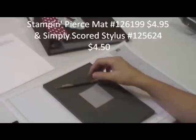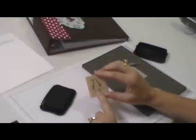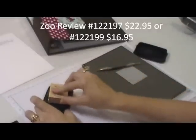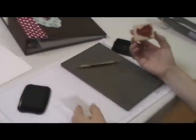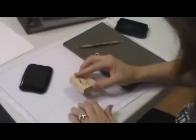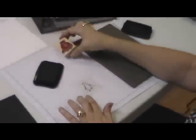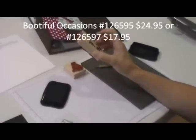And then we're going to use the black Stays On ink. And the stamp I'm going to use is this little penguin. I can't think of the name of the stamp set right now. It'll be on my blog and I'll put it on the video. But we're going to ink my little penguin up here with the black Stays On and stamp that on to the vellum. And while that is drying, I'm going to take the boot from, let me see,